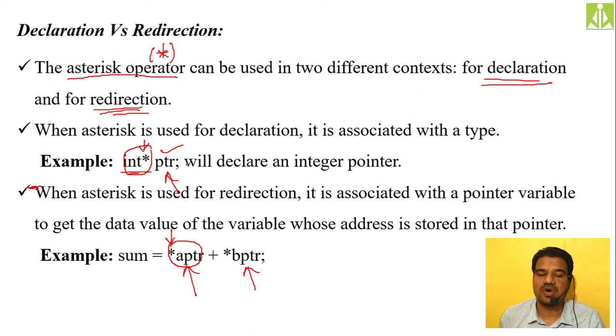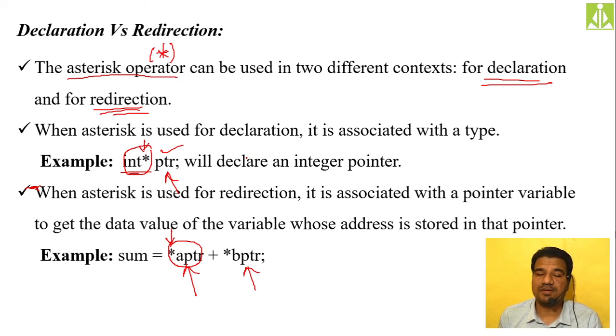In order to get the value from the address, that is nothing but redirection or indirection, we are using the asterisk operator. And in order to make the type a pointer type, we are suffixing this star after the type. So int star will become the integer pointer, character star will become the character pointer, float star will become the float pointer. Likewise, if you suffix this star after the name of the type, it will become the pointer type. And if you prefix the star before the variable name, it will perform indirection.